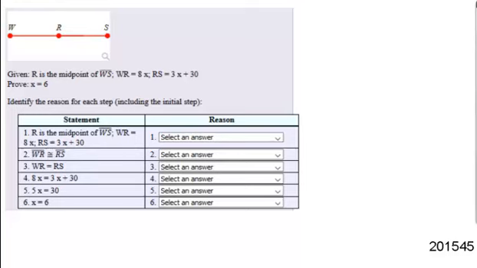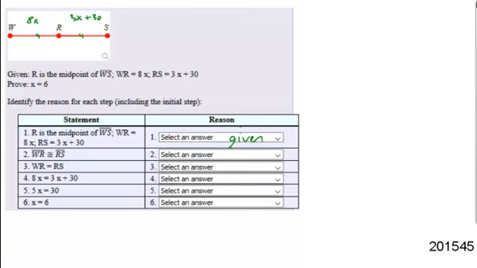Okay, so on this one, when I look at my given information, it says R is the midpoint of WS. So on my diagram, I can label, since that's the midpoint, that those segments are going to be equal. And then WR is equal to 8x, and RS is equal to 3x plus 30. So if I look at that, the given information, which I can identify as given, okay, I've labeled it on